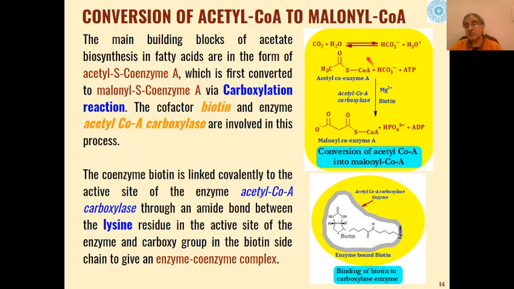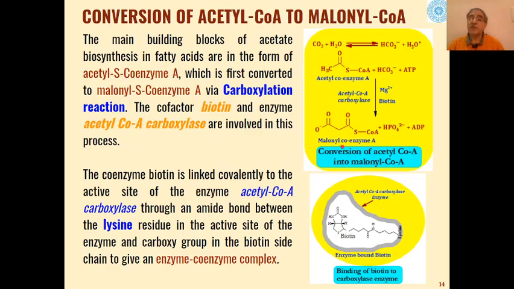So what happens is acetyl coenzyme A reacts with bicarbonate and ATP in the presence of biotin as cofactor, and magnesium 2 plus metal ions are also present as cofactors, and acetyl coenzyme A carboxylase is acting as the enzyme,